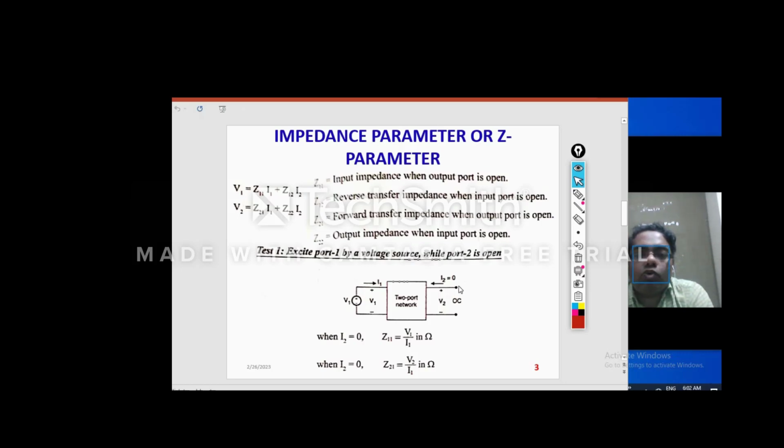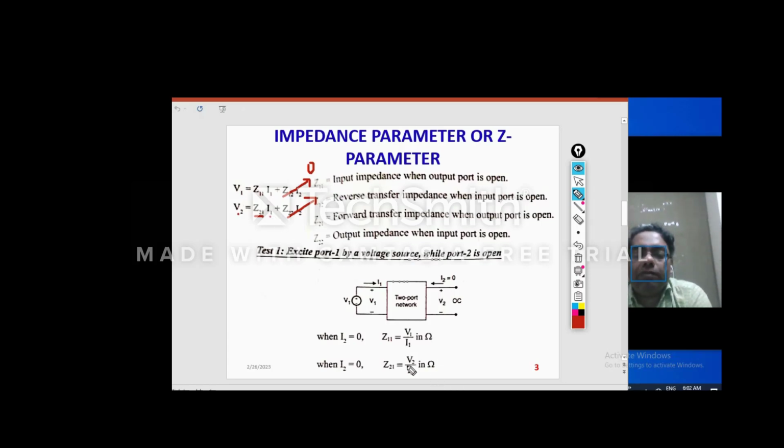Since port 2 is open circuited, I2 is 0. So Z11 is V1 by I1. If you just see the relation, if you make I2 0, then V1 by I1 will be Z11. And similarly here also I2 is 0, so Z21 will be V2 divided by I1.